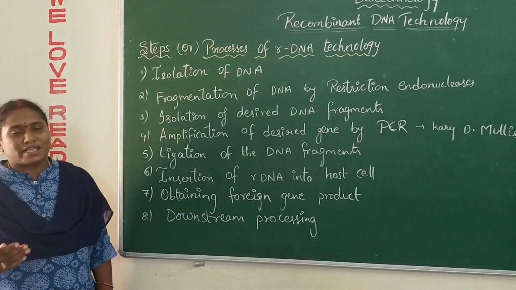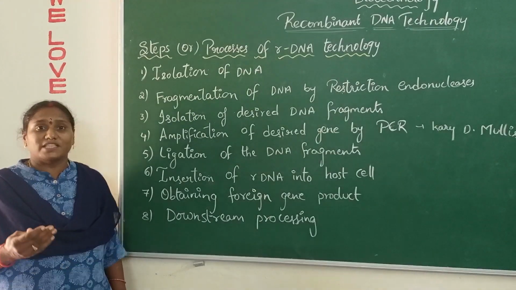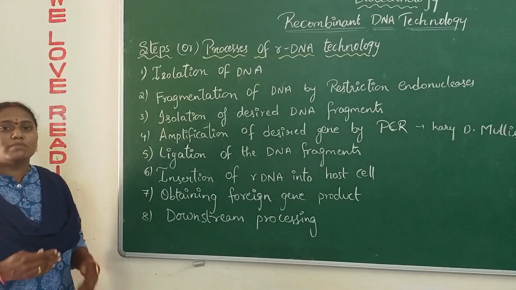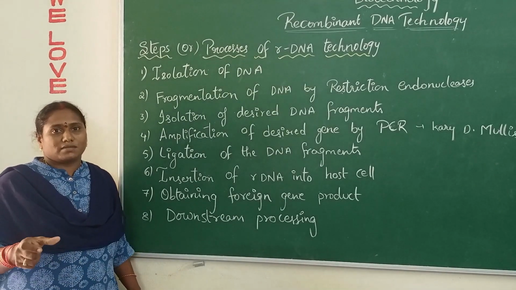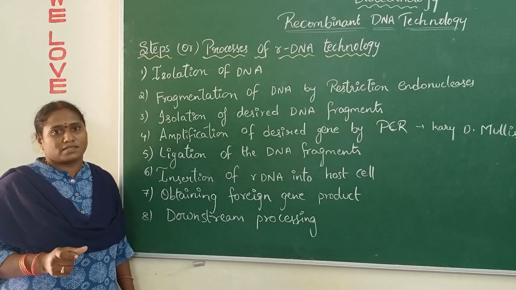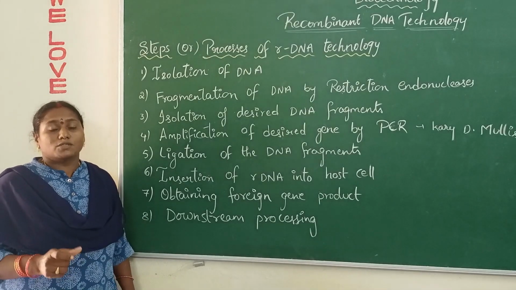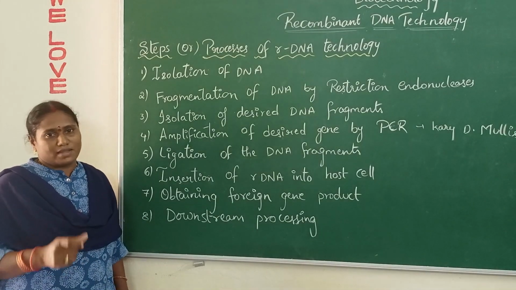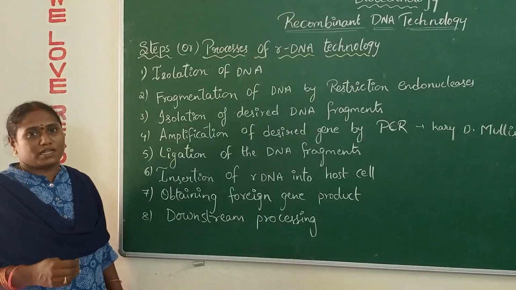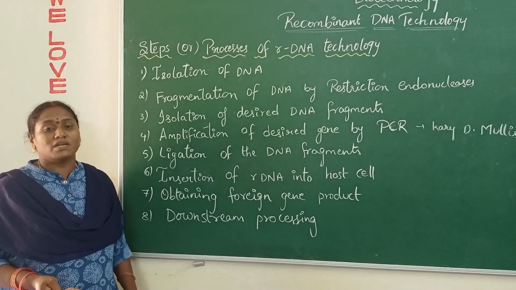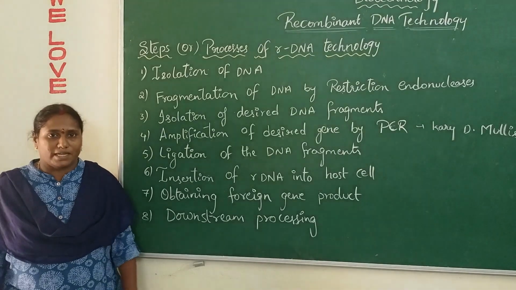For that we need several enzymes. For isolation of the DNA, we need enzymes like lysozymes and cellulases, which remove the cell walls. Not only that, we also remove the proteins present around it by using proteases. Along with the DNA, we also have RNA molecules in the cell, so to remove the RNA, we use RNases. Like this, several enzymes are involved to separate the genetic material from the cell organelles. That is the very beginning step called isolation of DNA.